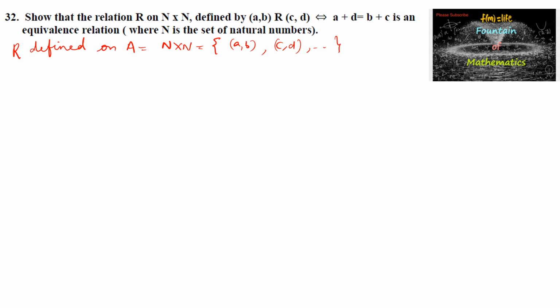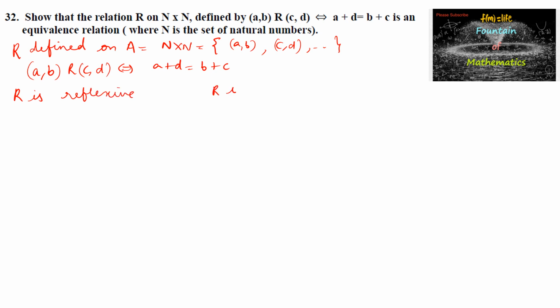and it is given that these ordered pairs (a, b) and (c, d) are related to each other if and only if a + d = b + c. And we need to prove that this relation R is an equivalence relation. So R is equivalence means we need to show that R is reflexive,